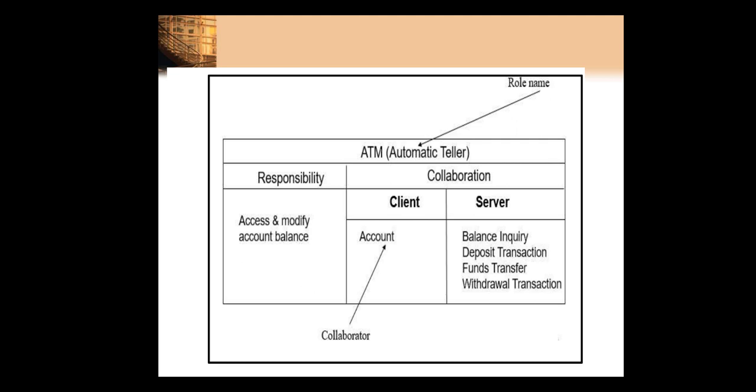For the student also, if you want to maintain the student record, what you have to do is, your class name is nothing but student. What are the responsibilities? You have to list out all the attributes of your student here: student name, his address, roll number, whatever marks he has in different subjects, and then responsibilities like calculate the marks, calculate the average marks, calculate the percentage. These are the different responsibilities. Then collaboration: to which department it collaborates with. In this way you can create a CRC card for the student record also. So I hope this concept of CRC card is clear to you.